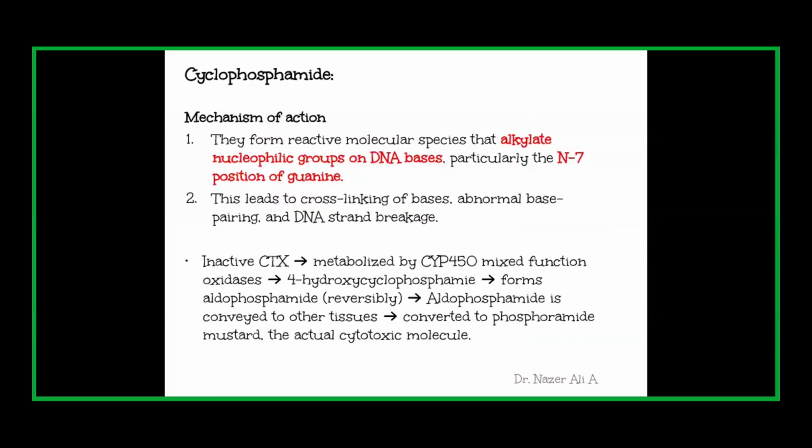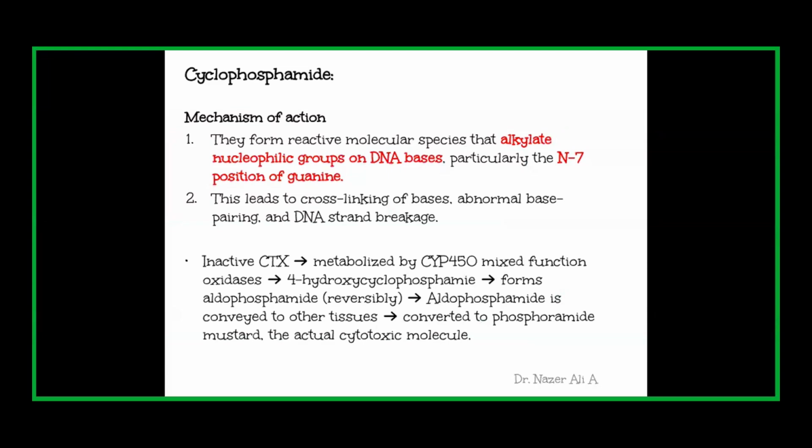Okay, so next we are moving on to cyclophosphamide. Take one example. Under the alkylating agents, we have many drugs: cyclophosphamide, ifosfamide, procarbazine, dacarbazine, like that. So let us take cyclophosphamide. Cyclophosphamide is an inactive drug, which is a prodrug. After being metabolized by the cytochrome P450 system of enzymes, it will be converted into an active metabolite.